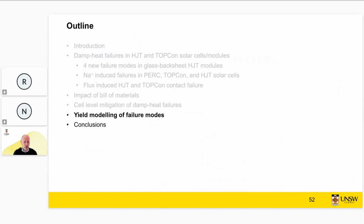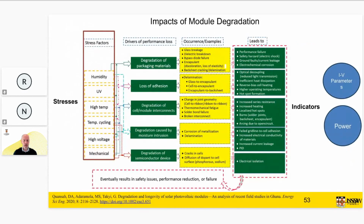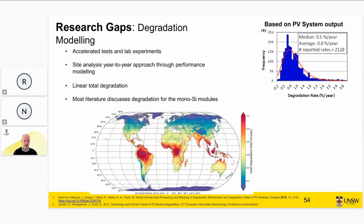So the last part, I will go a bit quicker there. Because we're mainly presenting a framework, because what we want to do is relate this cell level testing and module stress testing to field performance. And there is still a lot of work to do, because you see all the kinds of stress factors you have on the left that can result in failures in the field. And if we look at the work that has already been done in that area, it shows that having a linear degradation rate that is applied all over the globe